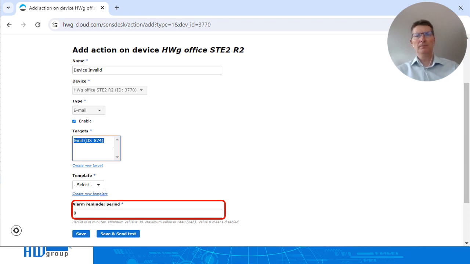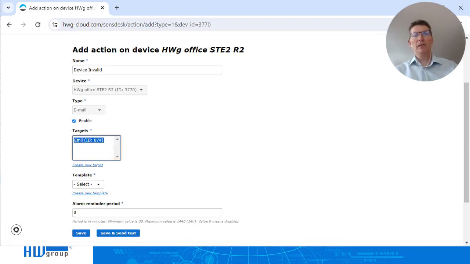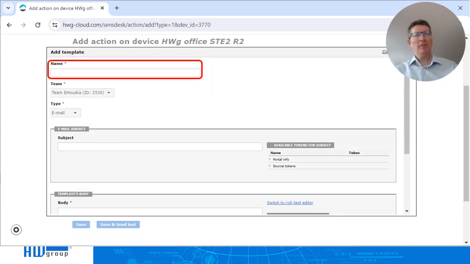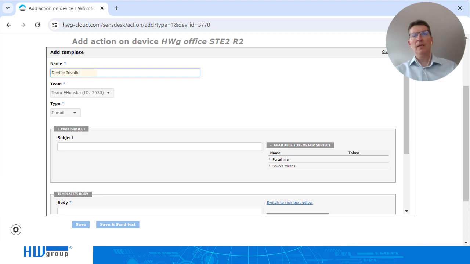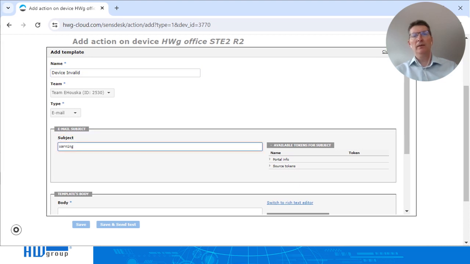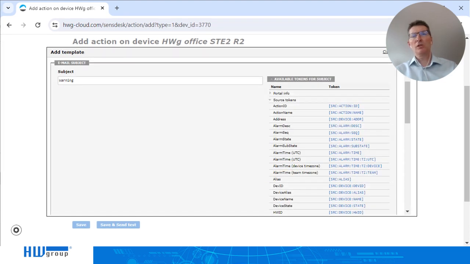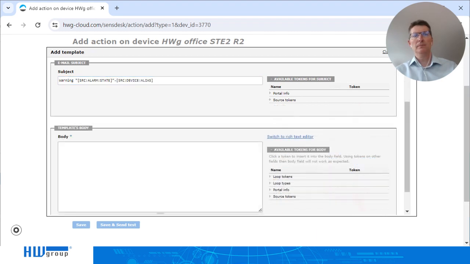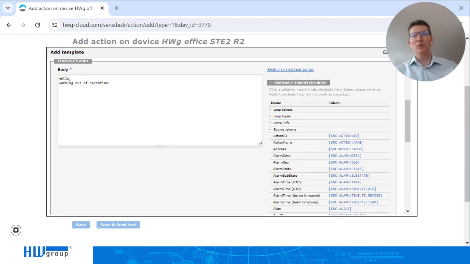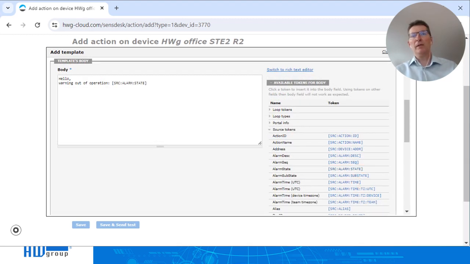We will create a new template. Name the template. At the email subject, we can use source tokens. Create template body using source tokens one by one.